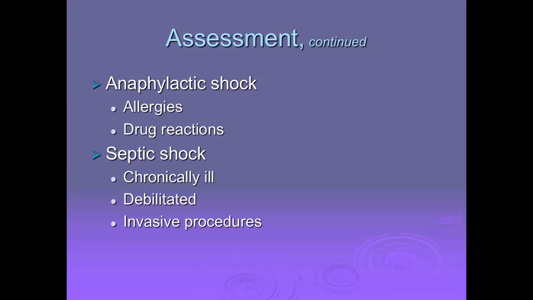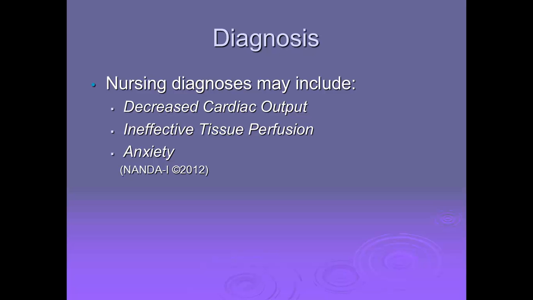Nursing care to prevent septic shock is going to include careful and consistent hand washing, use of aseptic technique for procedures such as catheterizations, suctioning, changing dressings, starting and maintaining IV fluids or medications. You want to monitor for local and systemic manifestations of infection. So looking at their white blood cells with differentials. And that will tell you more about systemic. Diagnosis. These are your NANDA diagnoses for shock.